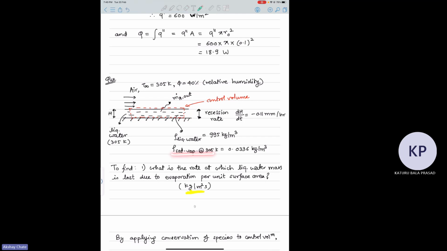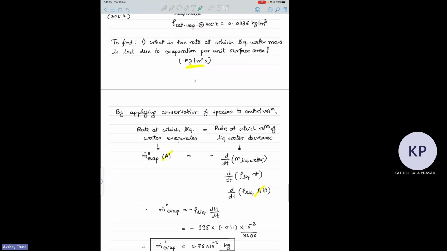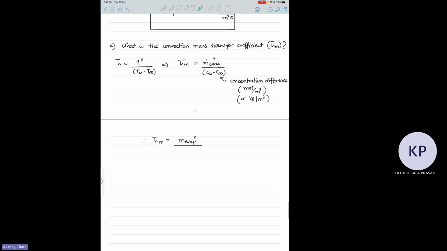So what you can do, you can assume this as 100% liquid water, or at the interface basically, when it is convection, at the interface you will have 100% saturated vapor, and that is getting convected into air, which is at 40%. So your concentration difference is coming from the relative humidity difference. So you can take your saturated vapor density here,